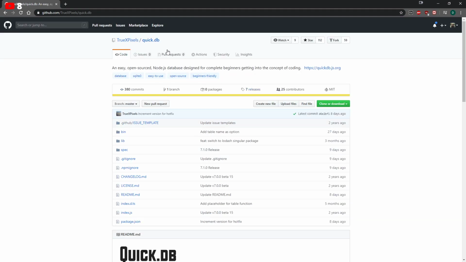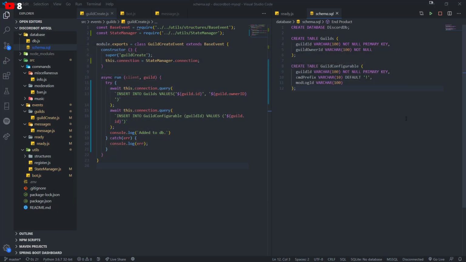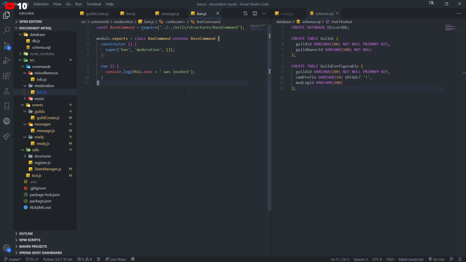Yeah, I've never heard of NDB, but personally I like doing the hard stuff, you know. QuickDB obviously is easy, but when you get used to the hard stuff, you have so much flexibility. That's why in this tutorial, I could have just used a simple command handler, and instead of having classes for everything, I could have just used a simple module.exports and an object literal.